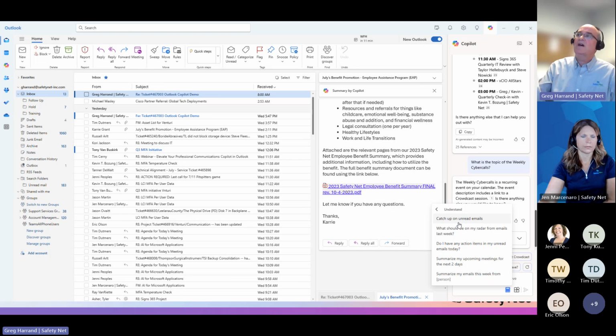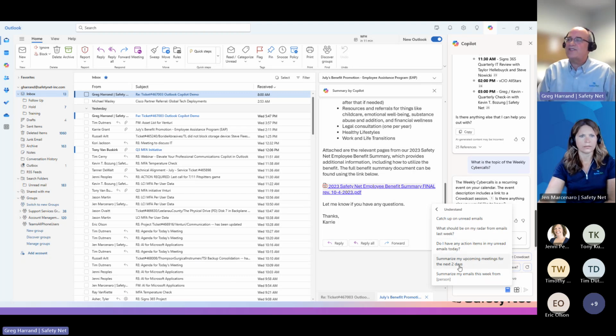Identify unread emails where I'm mentioned, so I have a follow-up activity to do. Do I have any action items in my unread email? So I'm coming back and it will actually give that for me. It's a really cool function that Microsoft has rather than you reading through all of those emails.